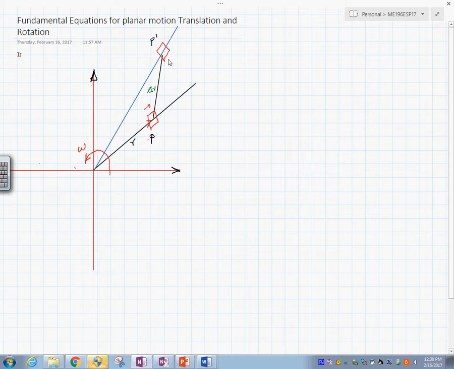But that was due to two components of motion. One, you could say that this is composed of two components of motion. So this would be like r dot, the change in the velocity due to the